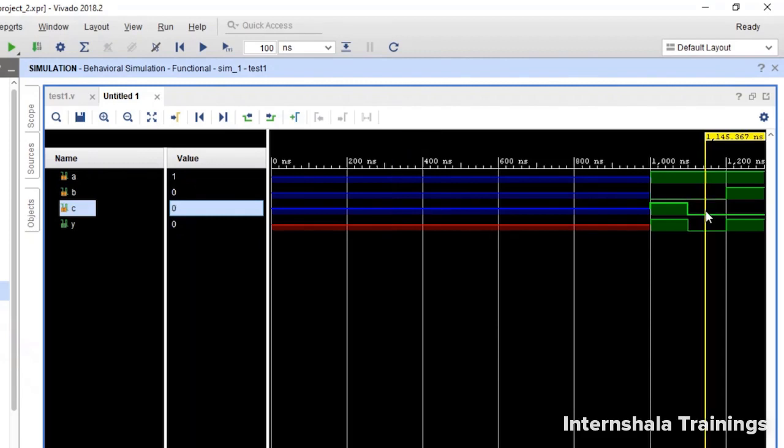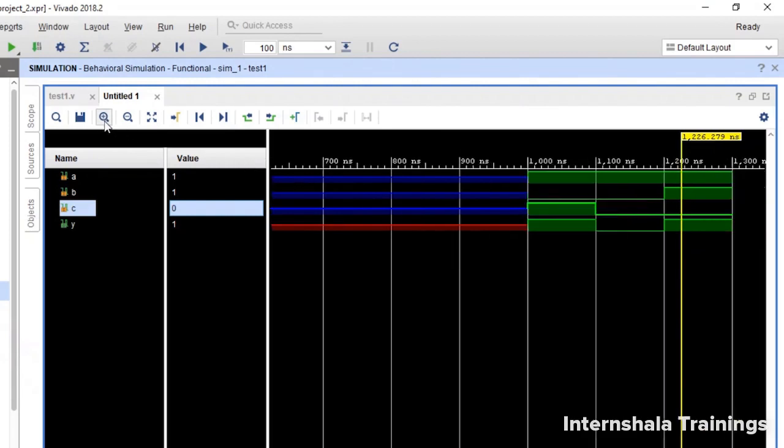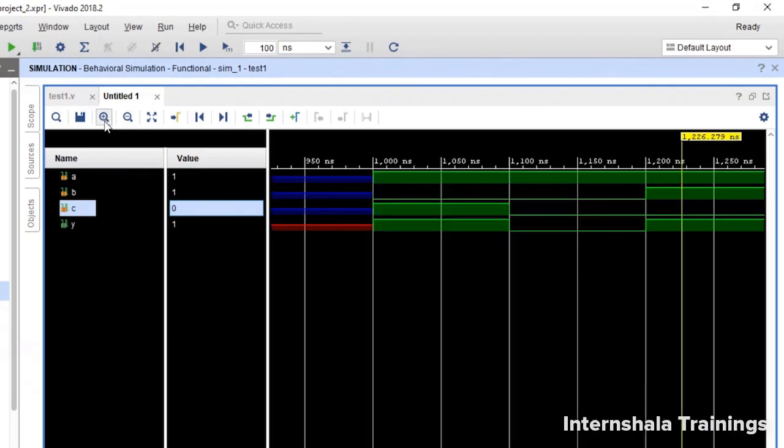This was my second case, and this is my third case. You can also zoom in or out according to your convenience, and you can visualize all the test cases, cross-check everything, and then be satisfied as a designer that yes, my